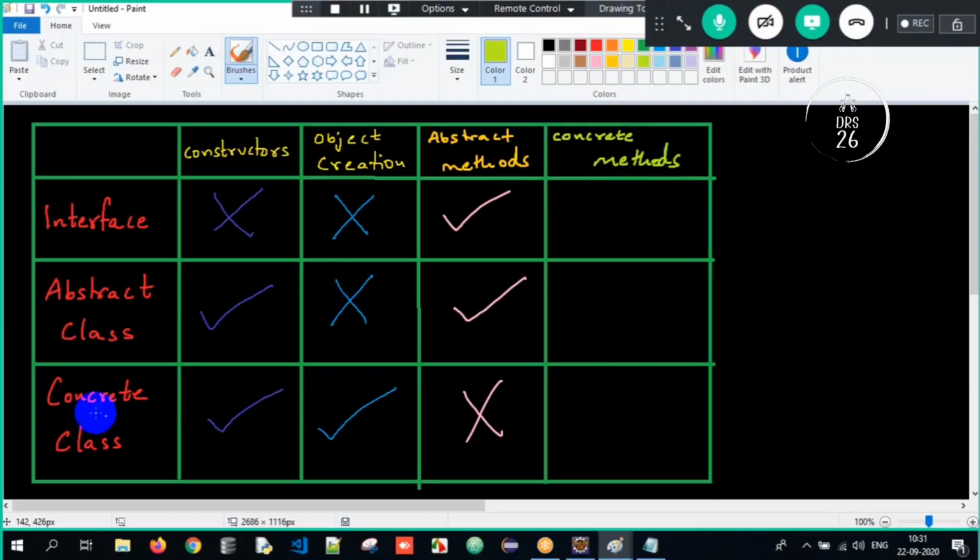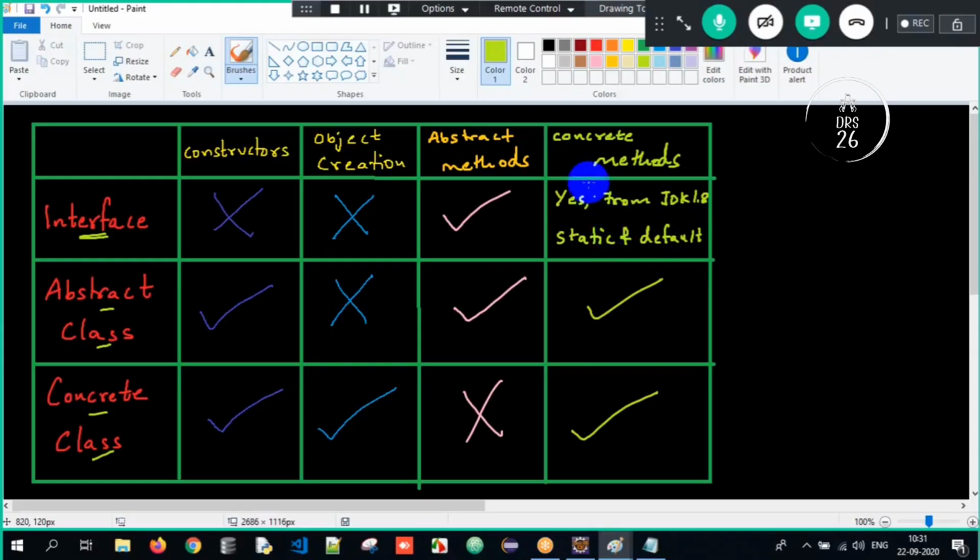And the last difference over here is concrete methods. A concrete class will allow concrete methods? Yes. Abstract class will allow concrete methods? Yes. But interfaces can allow only abstract methods. But concrete methods are allowed from JDK 1.8. Typically speaking, interfaces cannot have concrete methods at all, but from JDK 1.8 we can have static and default concrete methods.